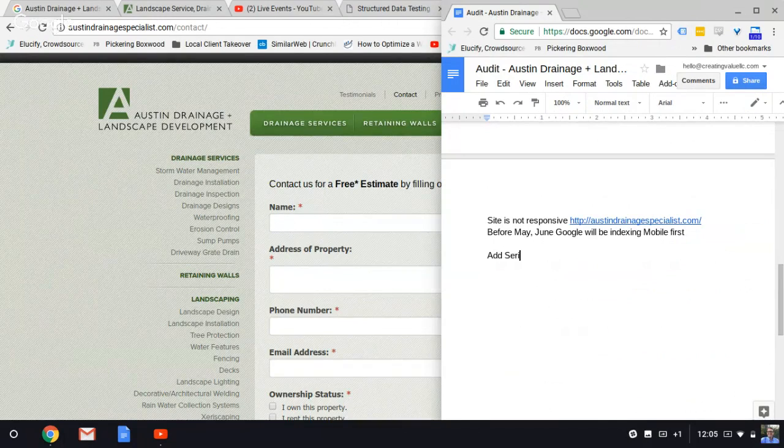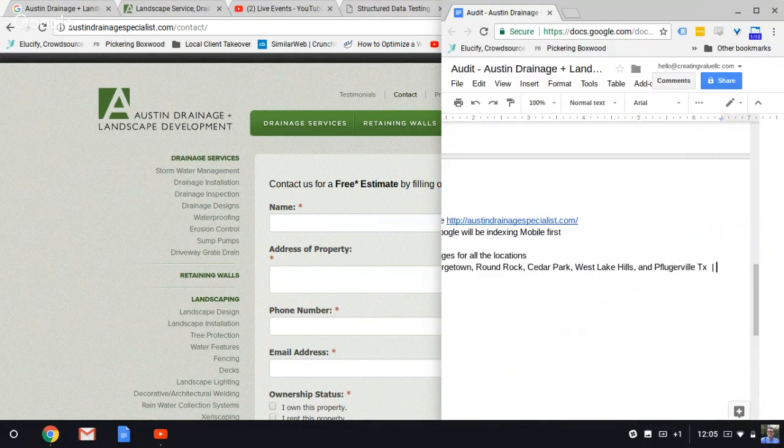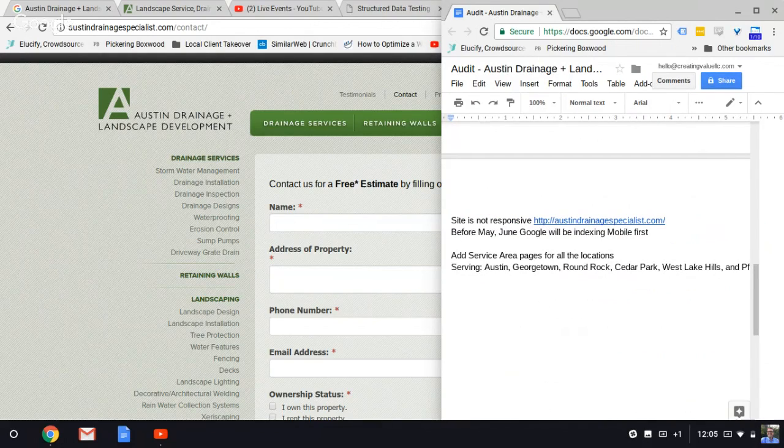So add your business schema markup, and that's going to contain name, address, phone, and website right there.